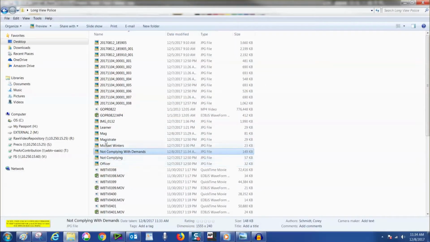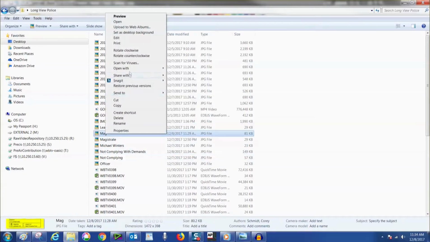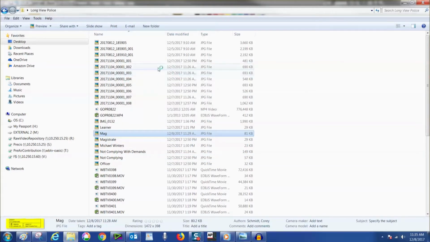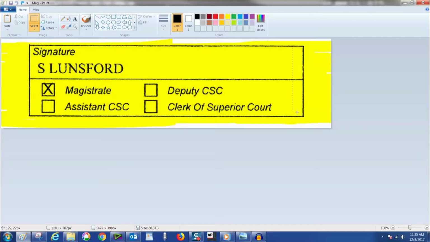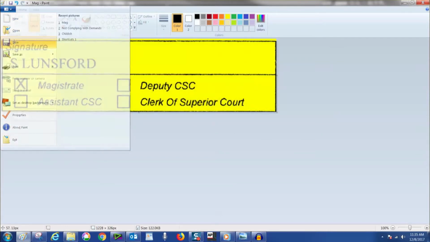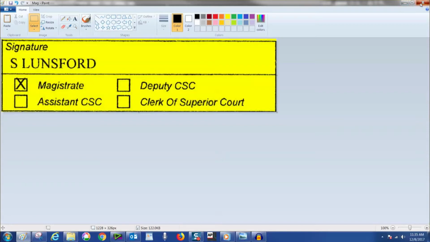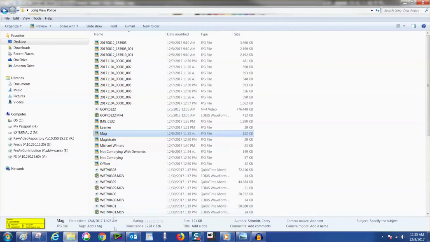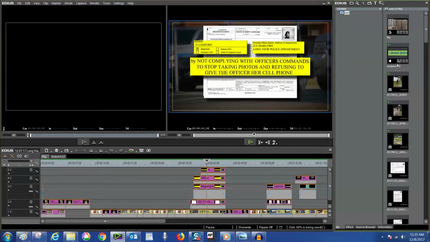So let's do that to the other one we did. Here it is, right click, open with Paint. All right, we select our rectangle. Something like that. Crop. Save. Then we close. Now, in Edius,